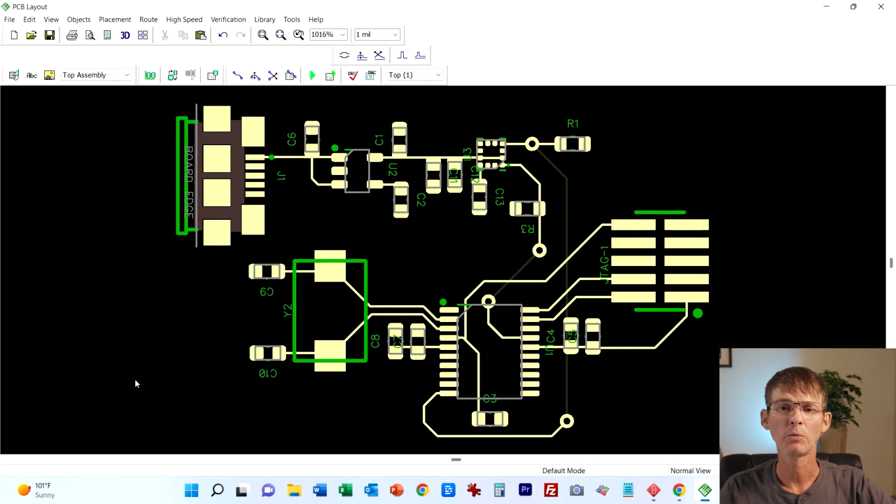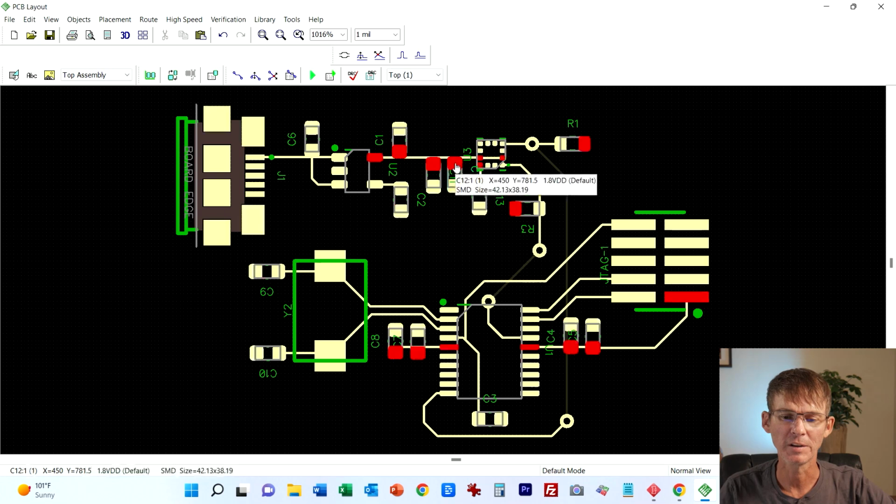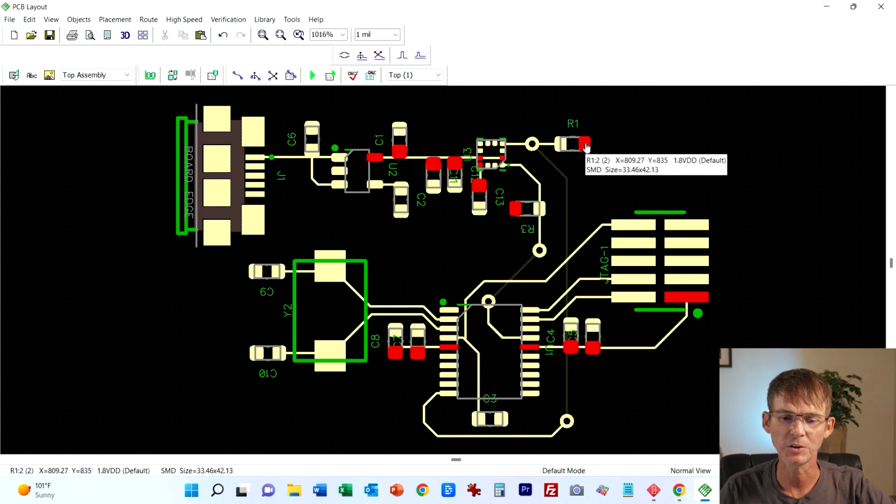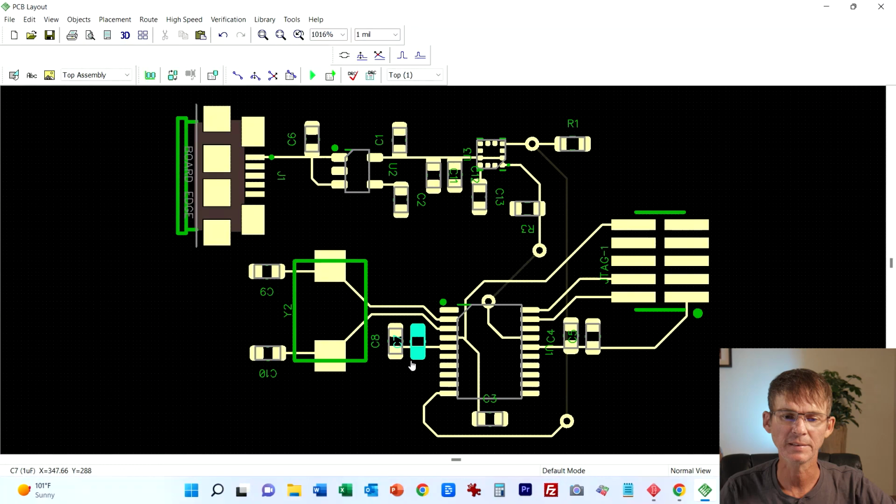The only thing that we really still haven't connected up is, well, first of all, the power lines. We don't have all of these connected up. You can see this is the real power line here, and right now it just connects to the accelerometer. All of these others, like this here and this, they're not connected to the supply yet, neither is the microcontroller. So we'll still have to have a trace coming from here and tying that